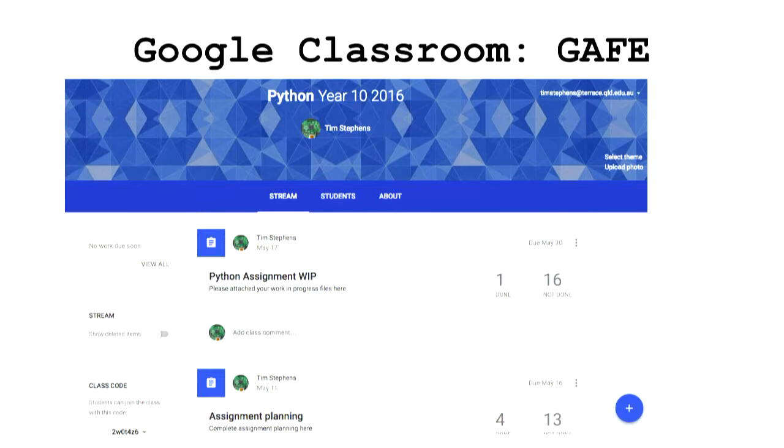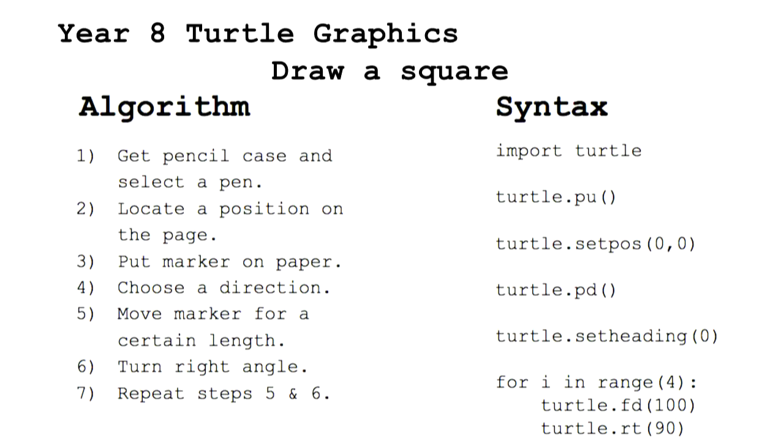I love it. So, grade 8, turtle graphics. That's what we start with. We might start with a little activity like this where they're on pen and paper, they've got to draw a square and list down the steps of that. Then those steps we transfer over into the syntax. So getting your pencil case and getting a pen out is like importing the turtle library. This whole library has a whole heap of things in there and we've got to go and get a pencil out of it. So very basic syntax.